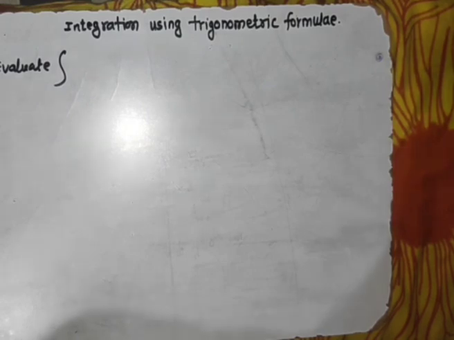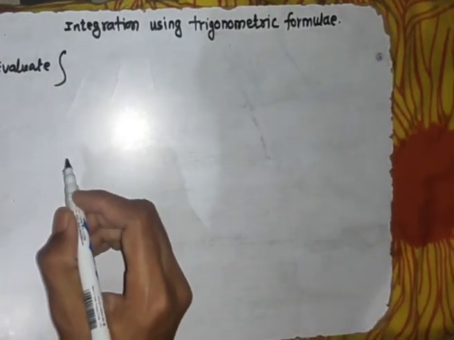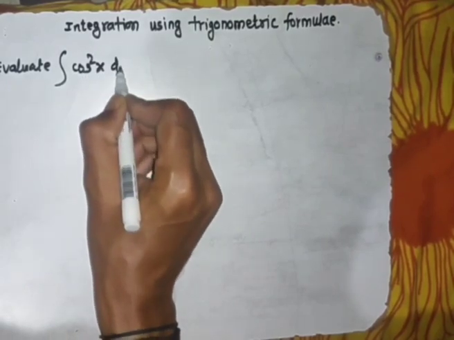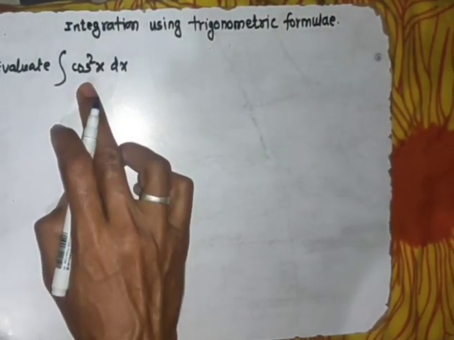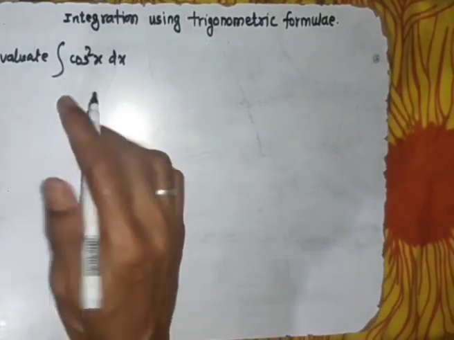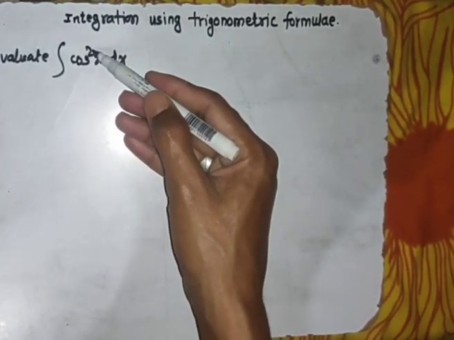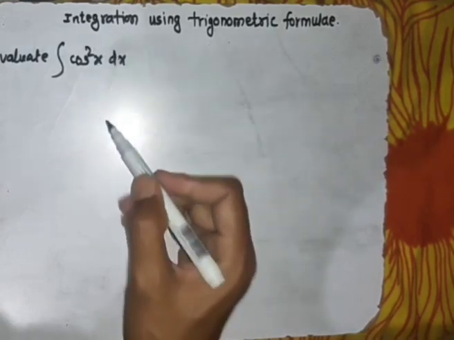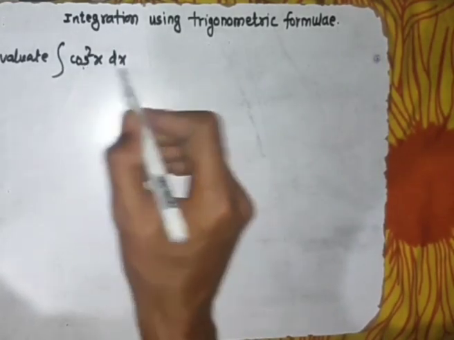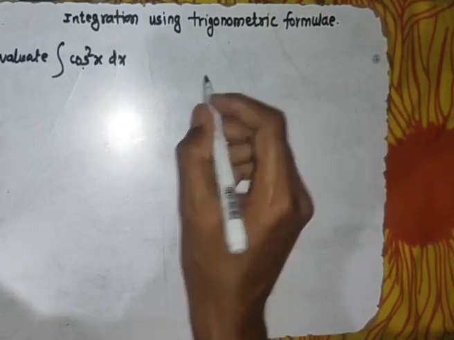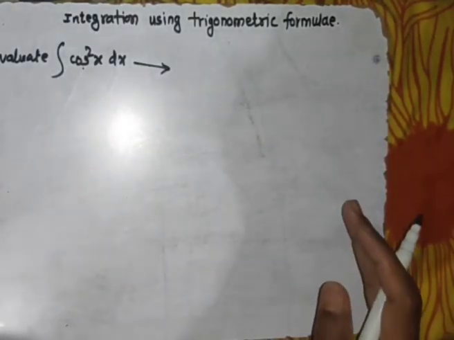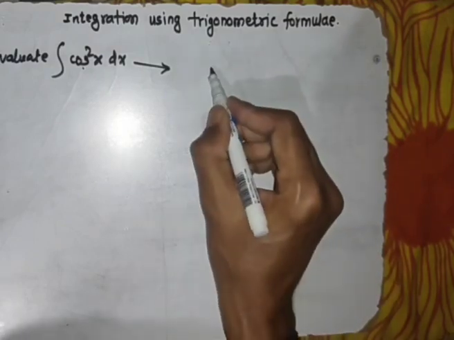First one, integral of cos square of x. Suppose we have to integrate cos square of x. First thing, remember that we can't find the integration of quadratic, cubic or power functions in trigonometric type. So we have to convert this given function into the linear form. For that we have to go through the formulae, and in the rearrangements we will get the formula